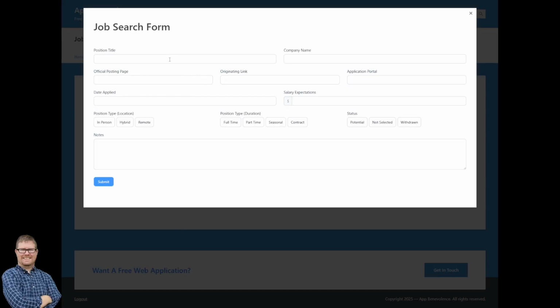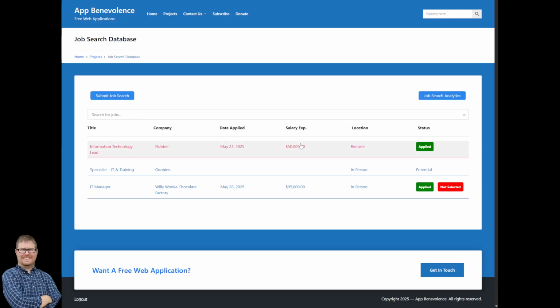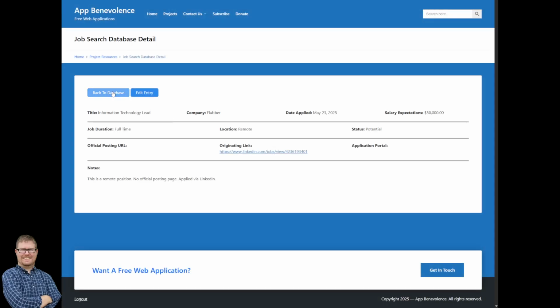Here's the submission form, capturing things like title, company name, links, date applied, salary expectations, position type, location, duration, status. Once you've filled all that out, you'll get something like this. I've applied to this Flubber movie for $50,000 for an information technology lead, remote, and I had suggested that I had applied for it. If you click on that entry,